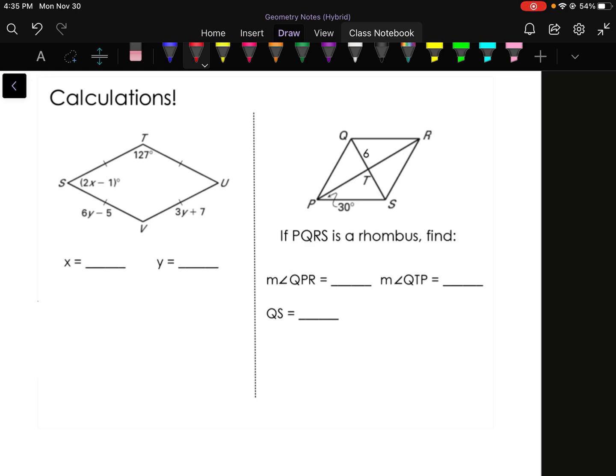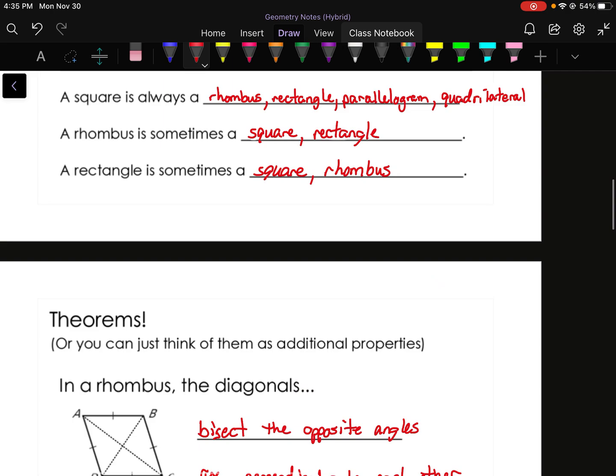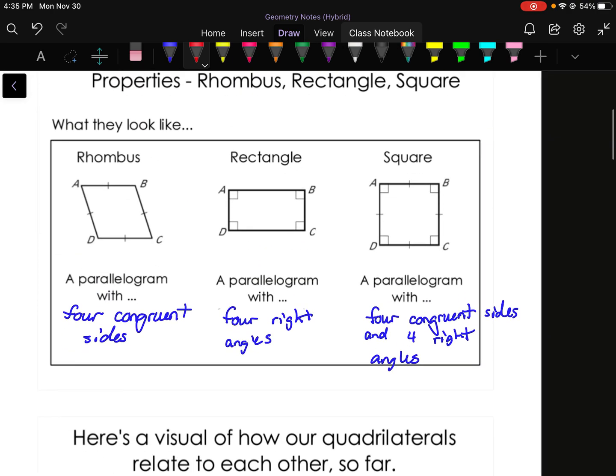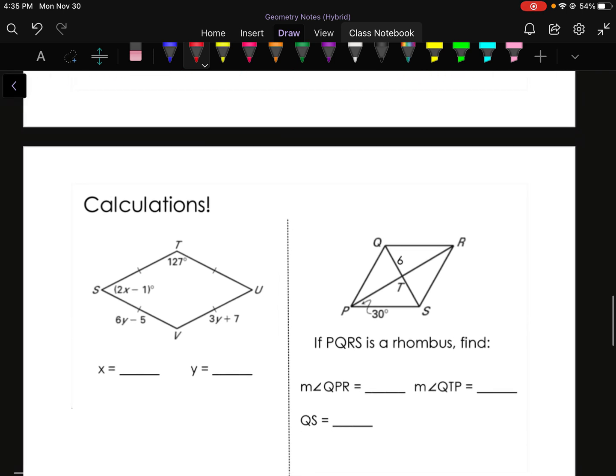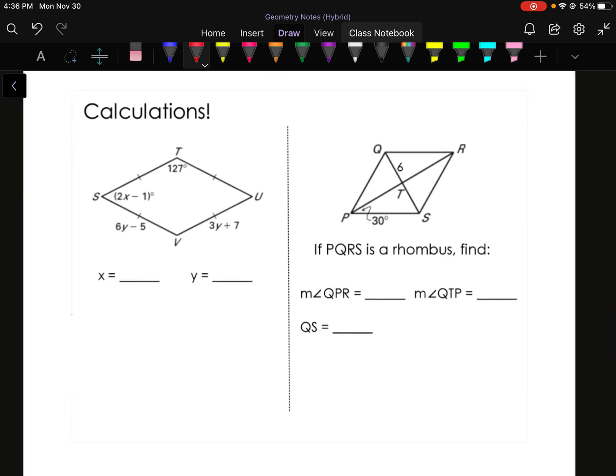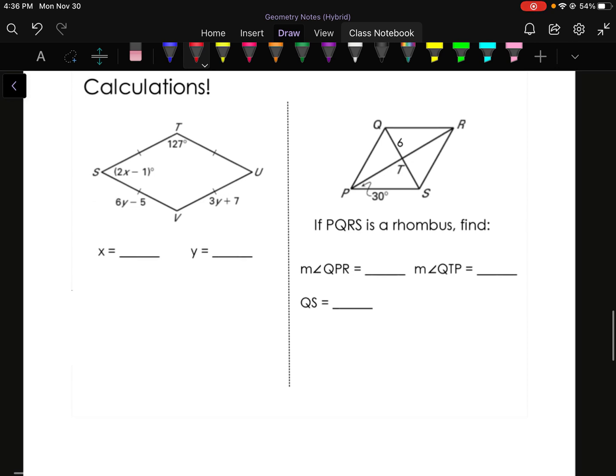All right, so some calculations here really quickly to finish out the video. So we have all of the sides congruent, which if you go back up here, we have a rhombus as a parallelogram with 4 congruent sides. Looks like that's what we have here. So we need to find x, we need to find y using the property. First of all, y is going to be pretty easy because I know that these 2 sides are congruent. I can set them equal